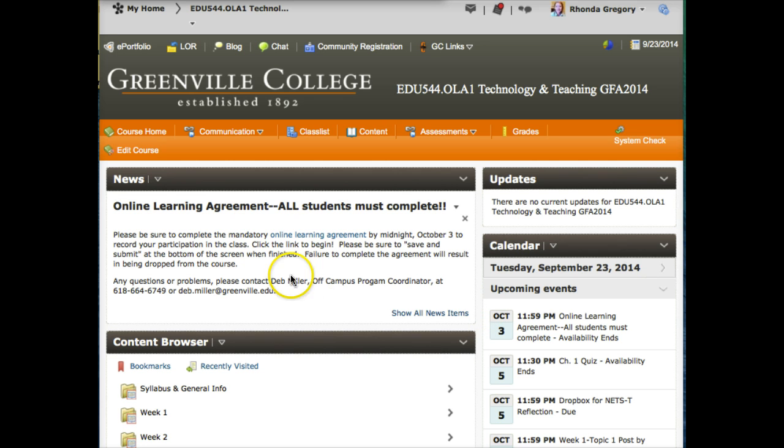The first thing I want to draw your attention to is the online learning agreement here. This is a link to an agreement that you need to complete by this stated deadline so that we have a record of your attendance, and that just equates to things going on with your financial aid packages and things like that. We have to report on everybody by a deadline to let them know who is in the class and who's not. So please make sure that you take care of that small item of business.